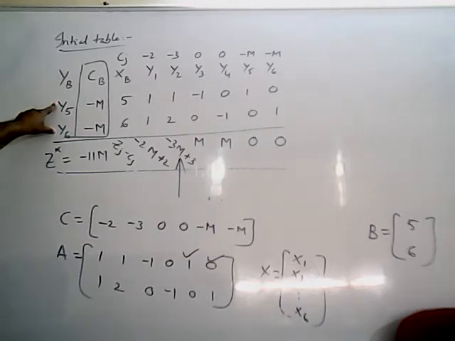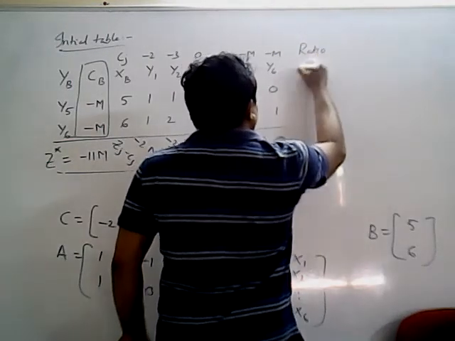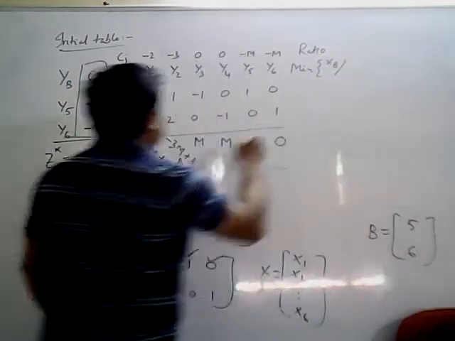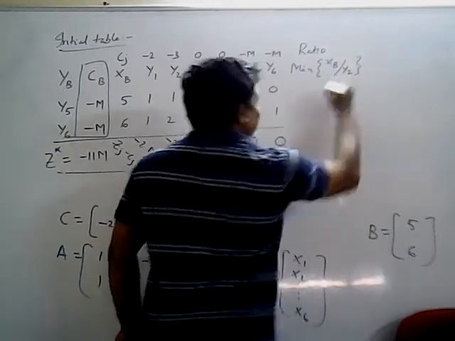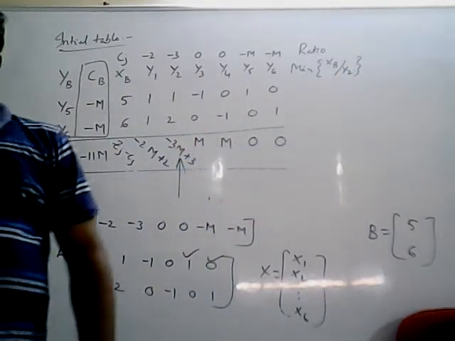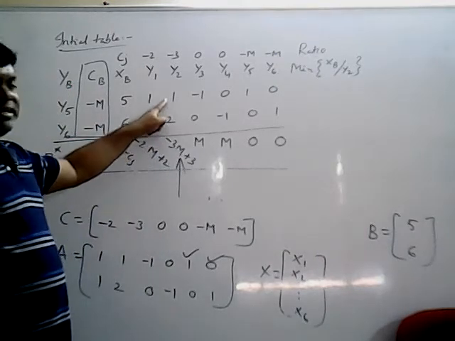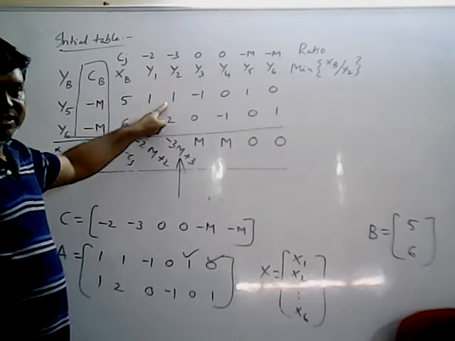So you have to identify the deleting variable. All of you know how to identify the deleting variable. What is the formula? You have to calculate the ratio. What is the ratio formula? Minimum of xB by entering column. What is our entering column here? y2 is entering, so in the denominator you have to write y2. But in your entering column, if a negative number or 0 is there, don't consider the ratio. Only ratios of positive numbers you have to consider.